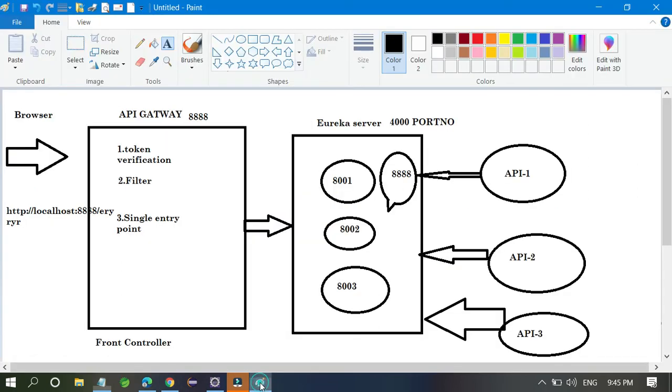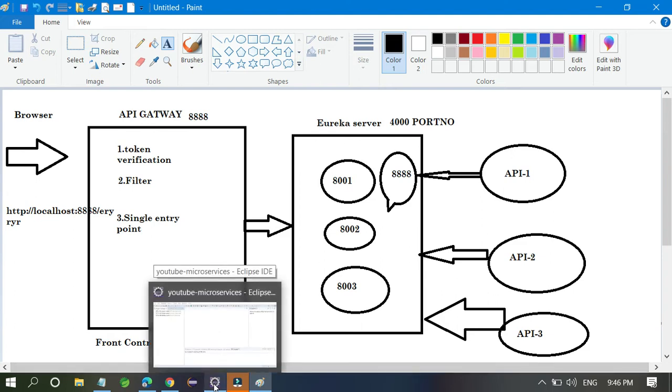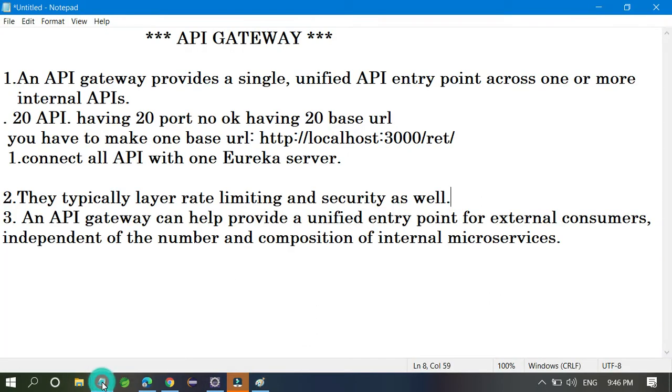I already mentioned token verification and user authentication. If you are using Spring Security JWT, all those things you have to handle in the API gateway only, and I am also facing this problem.